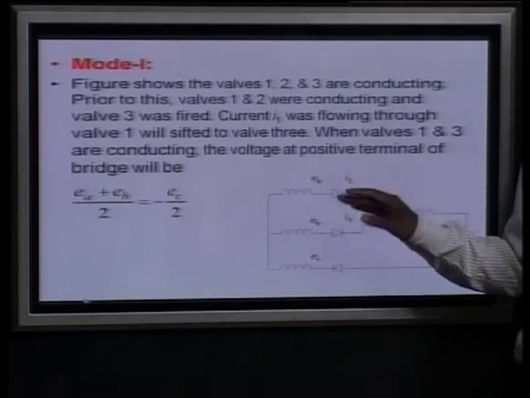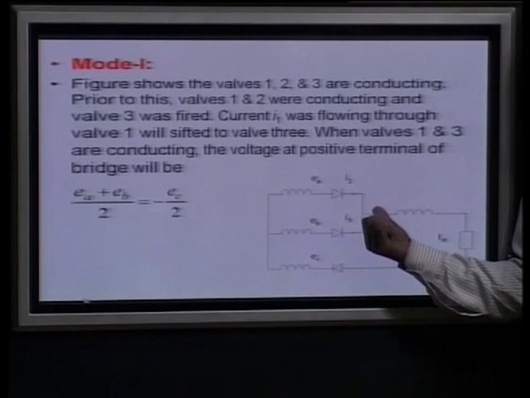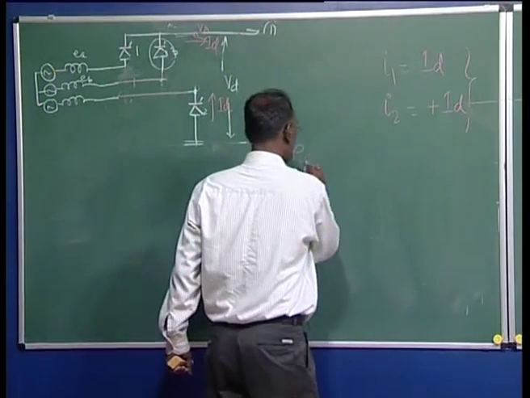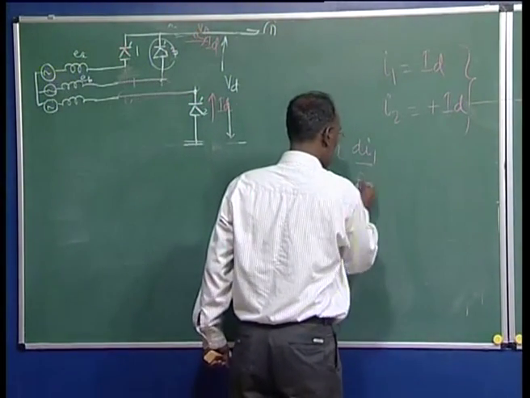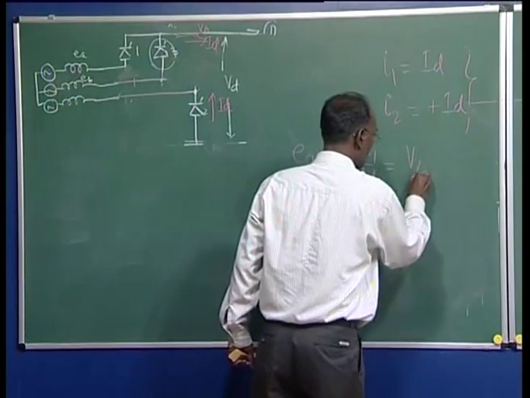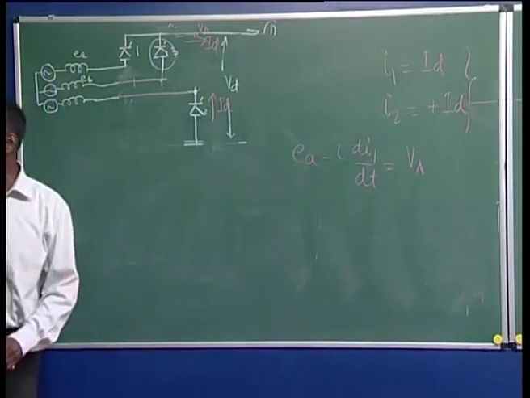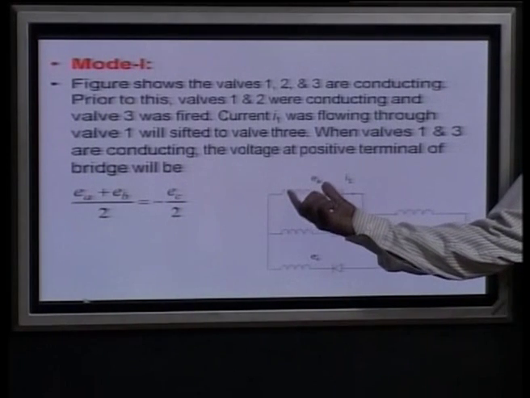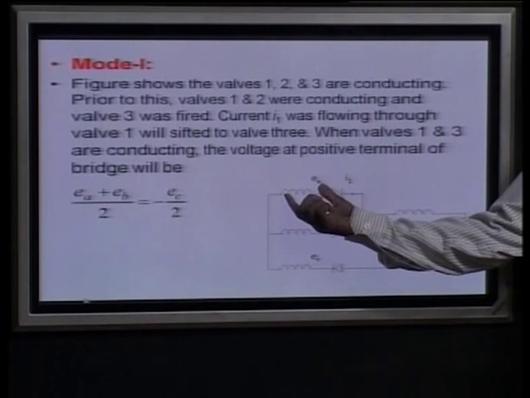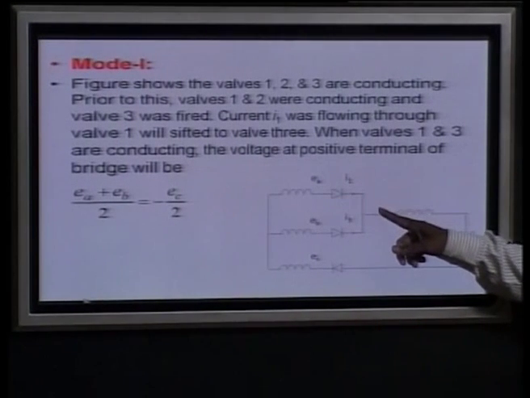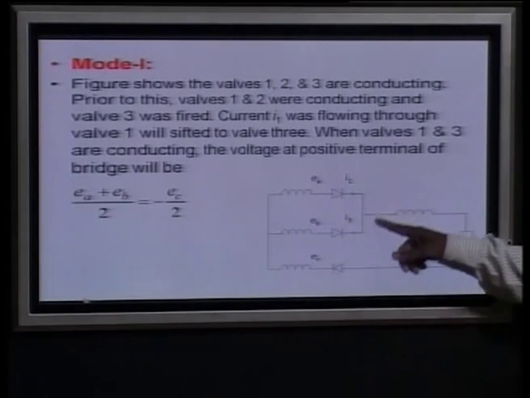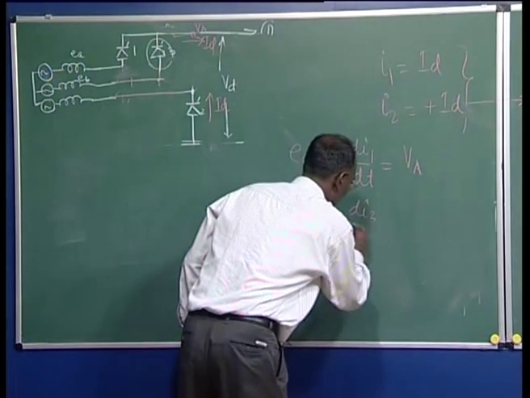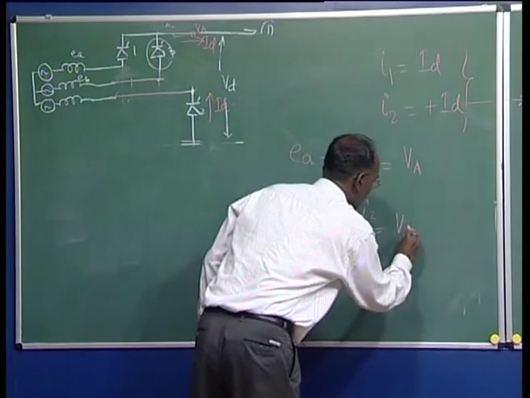Because there are some inductances here, I can write, let us suppose voltage A here. So this voltage V A means E A minus L dI1/dt is your V A. I can write the current which is flowing here, I 1, with this voltage minus the inductance drop L dI1, because I 1 is flowing here. Similarly, I can write for this circuit as well: E B minus L dI3/dt will be your V A.